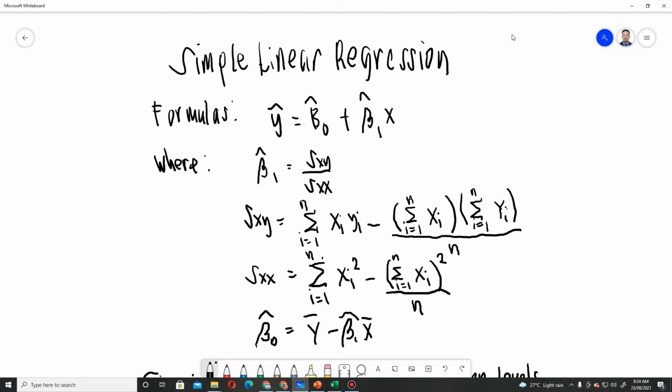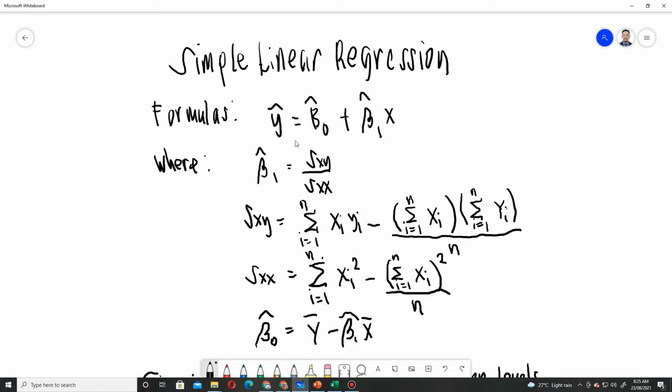Our topic is about simple linear regression, and we are to solve a problem using the simple linear regression formulas. So this is the formula. We have y hat is equal to b sub 0 hat plus b sub 1 hat multiplied by x, where y is the response variable. Then we have b sub 0 hat as the intercept and b sub 1 hat as the slope, and x as the independent variable,